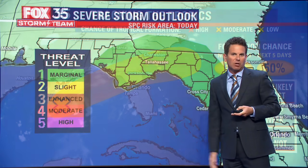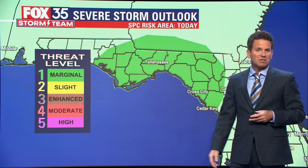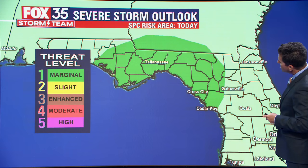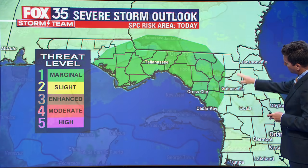Generally going to be a rainmaker for our area, and the risk of severe storms, while isolated, on a threat level scale of 1 to 5, it's about a 1 today, meaning little isolated clusters. Potentially some severe storms in play. Could even be some brief tornadoes later today as the atmosphere heats up and that disturbance gets a little closer